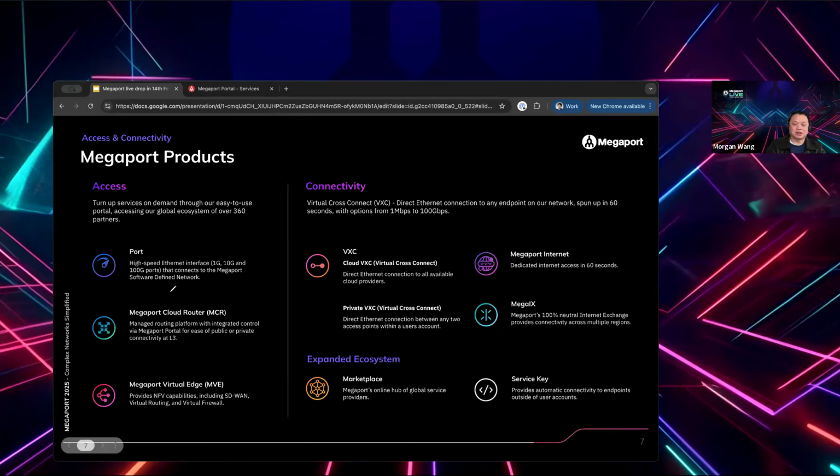And of course, the customer also needs to bring their own license to the virtual appliance, so they can actually choose to have that running as a firewall or as an SD-WAN edge, with a certain performance licensing. From those three access services, all the connectivity is essentially VXC. That's Megaport terminology, virtual cross connections. So you can establish a VXC, as I mentioned, to cloud, to another data center, or otherwise you can initiate a VXC to Megaport IX, the Mega IX service.